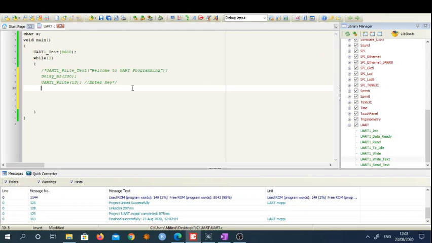Now I want to check whether UART has some data ready with it. For that I am going to use the data ready command. So I write UART1_Data_Ready. If data is ready, then and only then I have to do something. So if data is available at the UART port, then